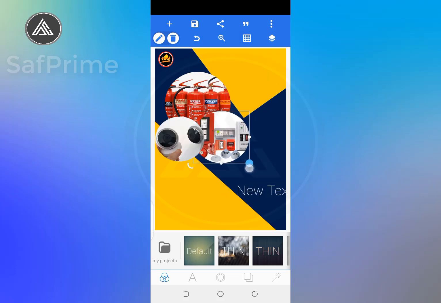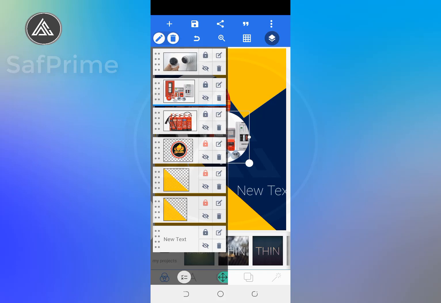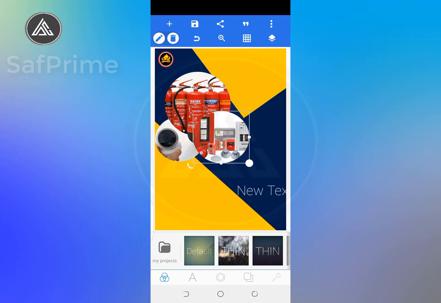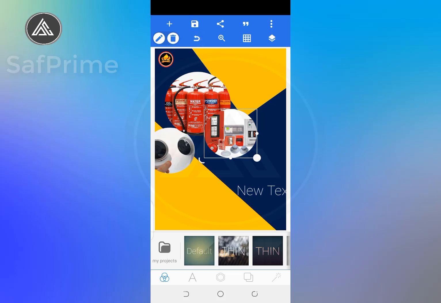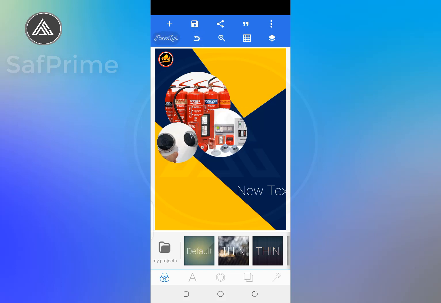Now you can see the picture here, the arrangement is here. If you want the camera to come below this, just long press and bring it. So you realize that it has gone behind those 2 pictures, but I want it to come to the front. The same way, you can also lock this picture so that it will not be disturbing you by moving up and down. So that is how the basic fundamentals of design deal with shape,